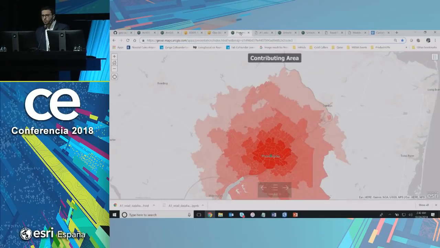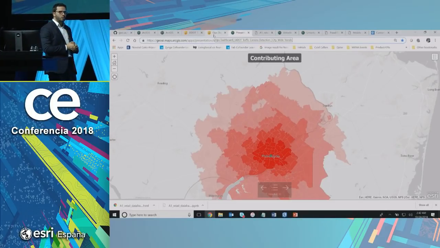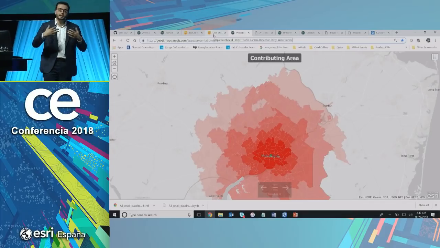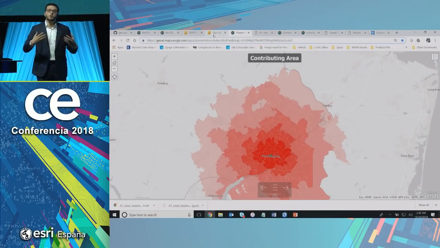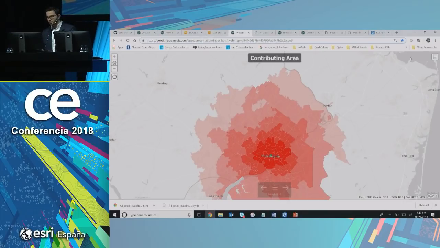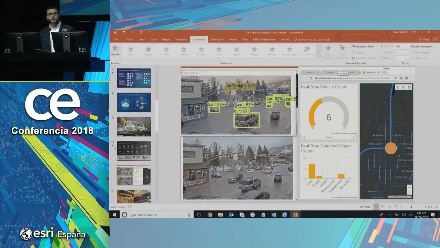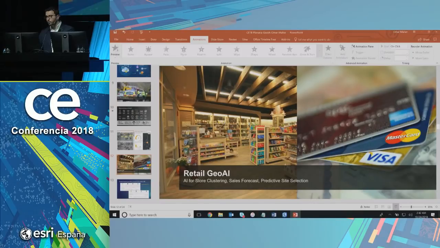And maybe we move on to some more commercial applications. We deal with a lot of retailers and banks who are interested to use deep learning and machine learning to predict the best area to open a new store, or to predict the best area to launch marketing campaigns. And when you think about it, it's really interesting, because we have very interesting data set if you're using ArcGIS that can help you with this. So let's have a look at that.